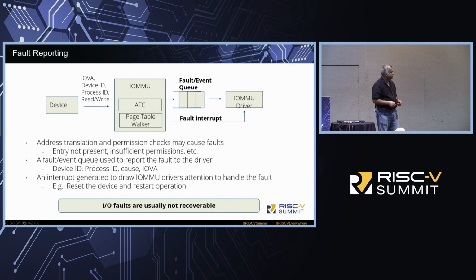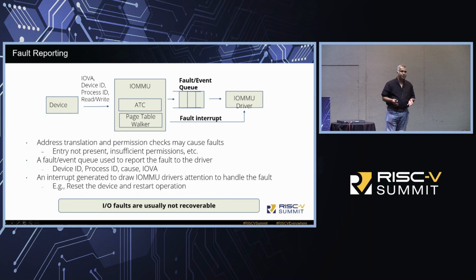Sometimes, as part of your page table walk, as part of your directory structure walk, you might encounter faults. Those faults may be due to misprogramming, or due to the device misbehaving, or because there is some funny business going on. Somebody plugged in a rogue device, for example. Now, when the IOMMU encounters a fault,